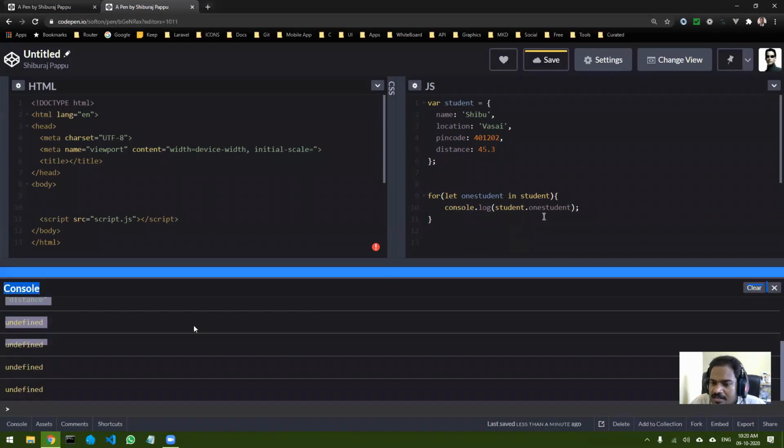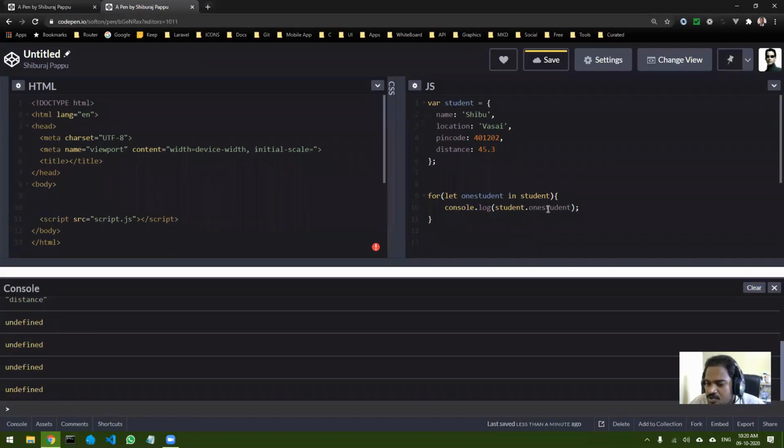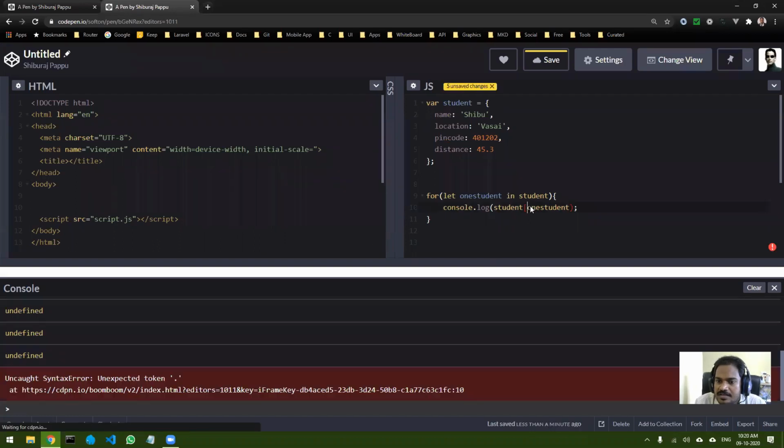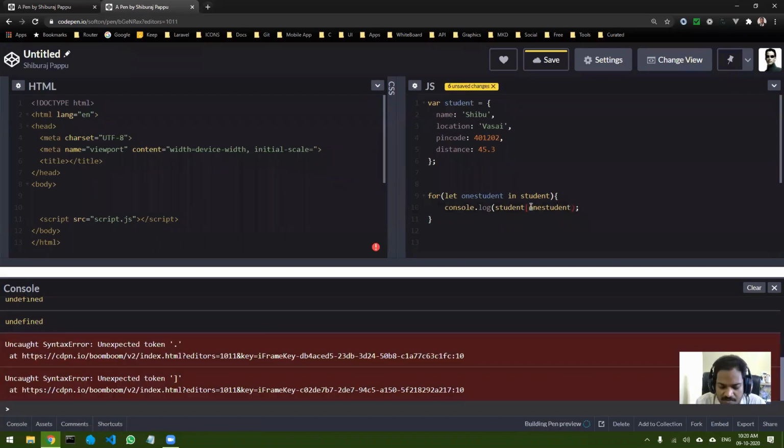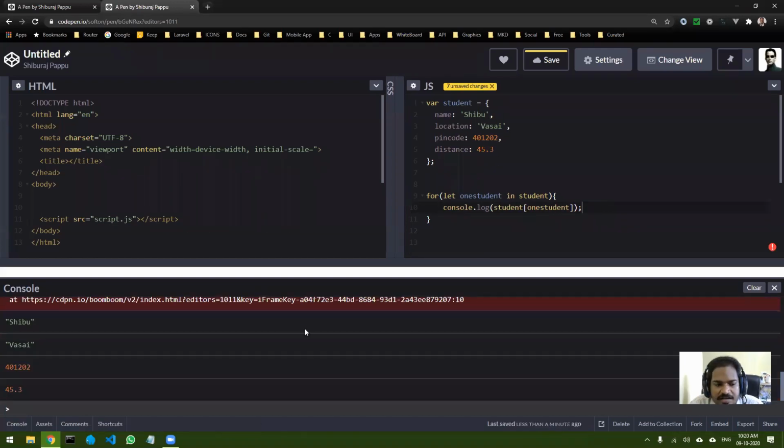Because if the value is stored inside a variable, then the dot operator does not work. In such cases you will have to use square brackets. Let's use square brackets over here, and now if I run it, you can see I get the perfect value, Shibu, 401202 and the data.